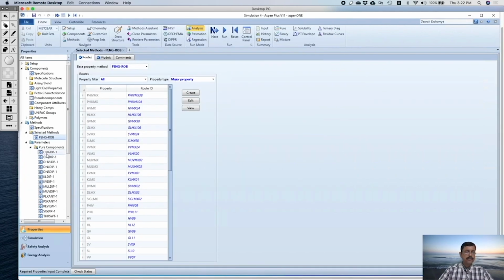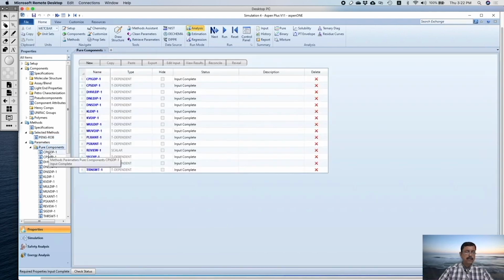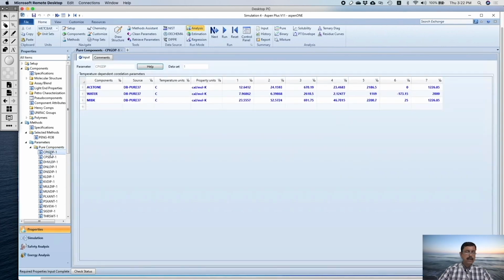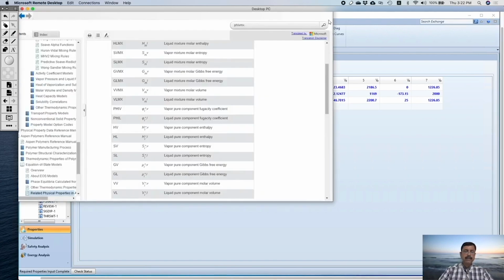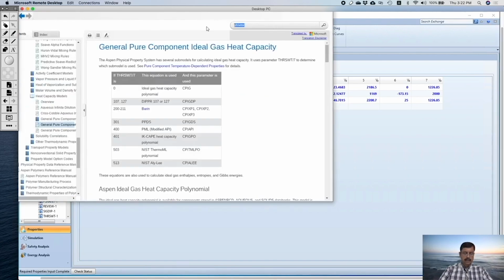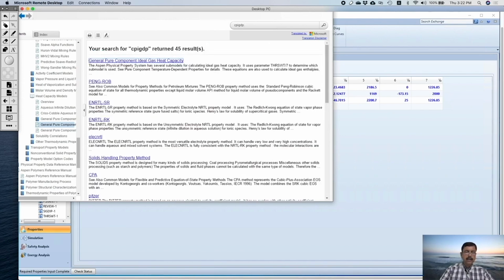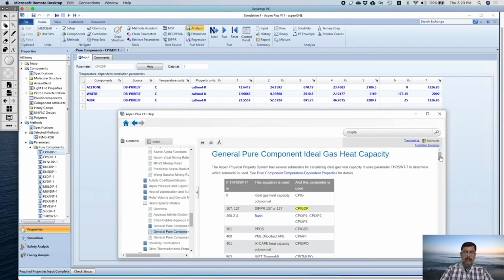Then you have pure components. It is CPIGDP1. It is methods parameters pure component. What is CPIGDP1? Again you go to the help file and you write CPIGDP and check what it is. It is actually general pure component ideal gas heat capacity. Just click on that. You will get CPIGDP,